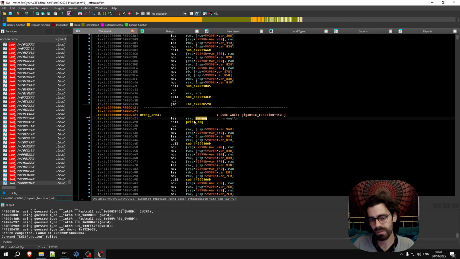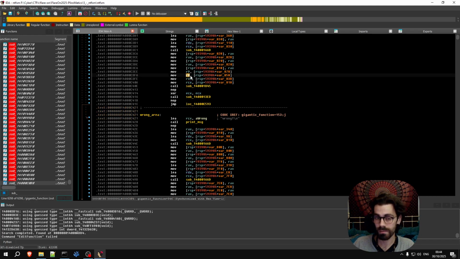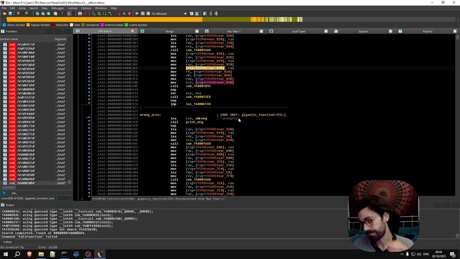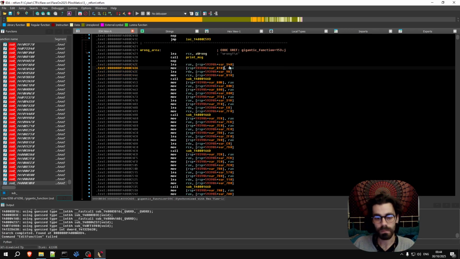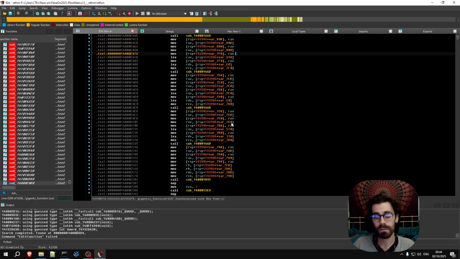It loads the string to the RCX, which means it's the first argument of the function. Right? The calling convention says that RCX holds the first argument, RDX the second, R8 the third, R9 the fourth, and the rest are stored in the stack. So, wrong is printed, and